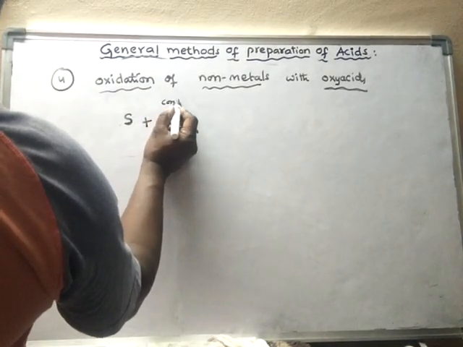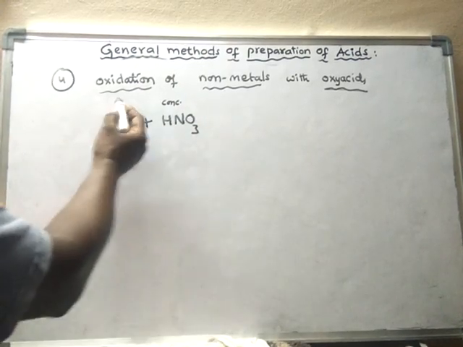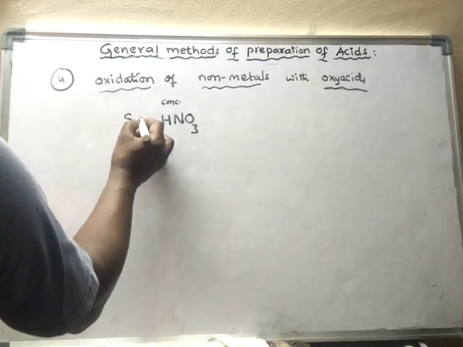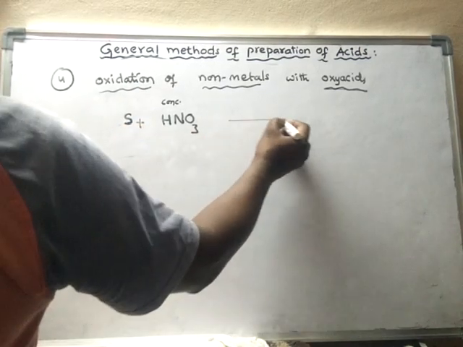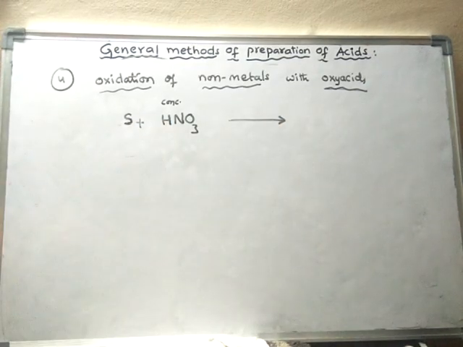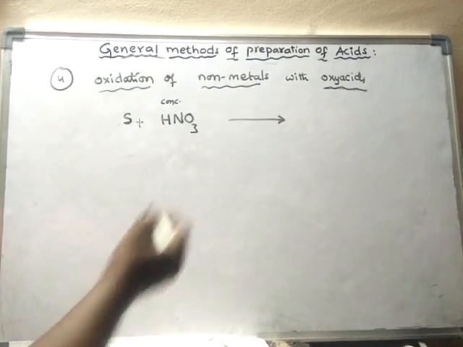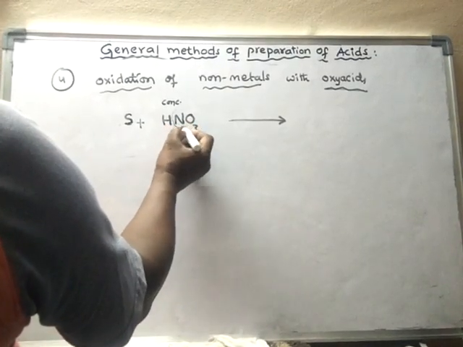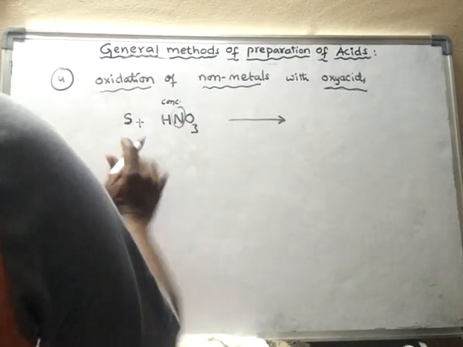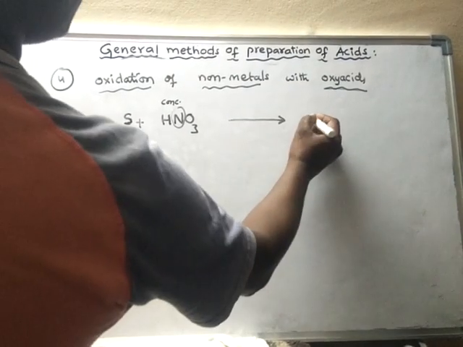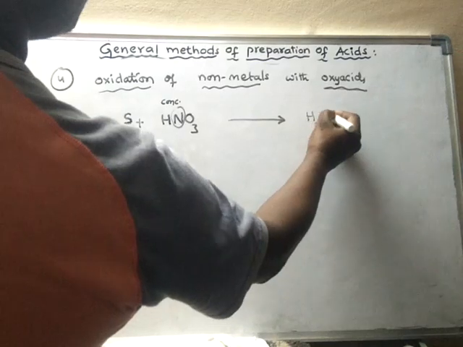When concentrated nitric acid is made to react with sulfur, instead of nitrogen, sulfur will come, and the number of hydrogens and oxygens will change. So it forms sulfuric acid,